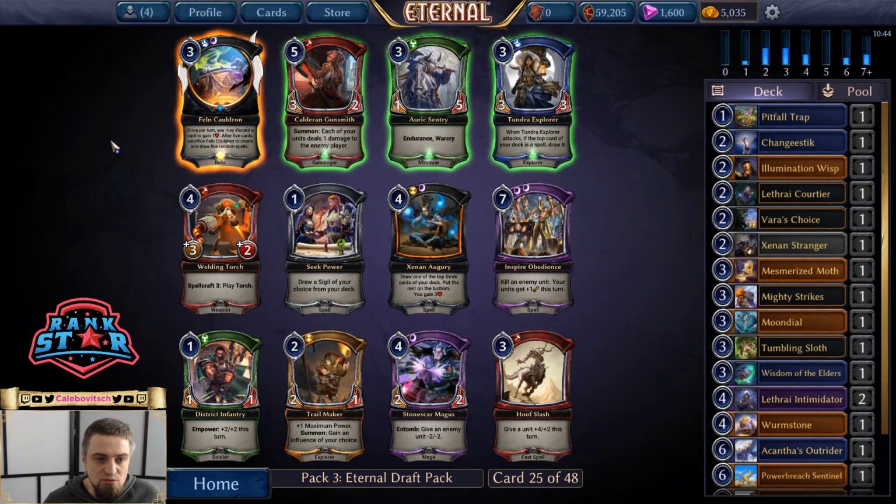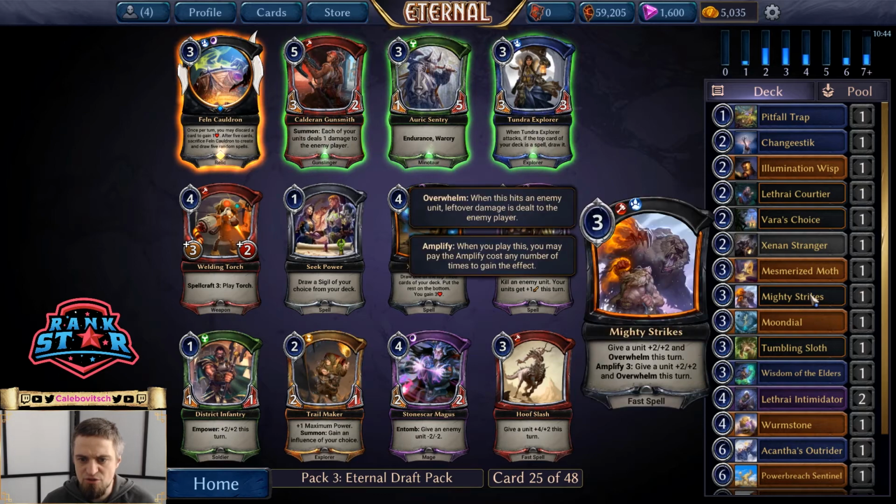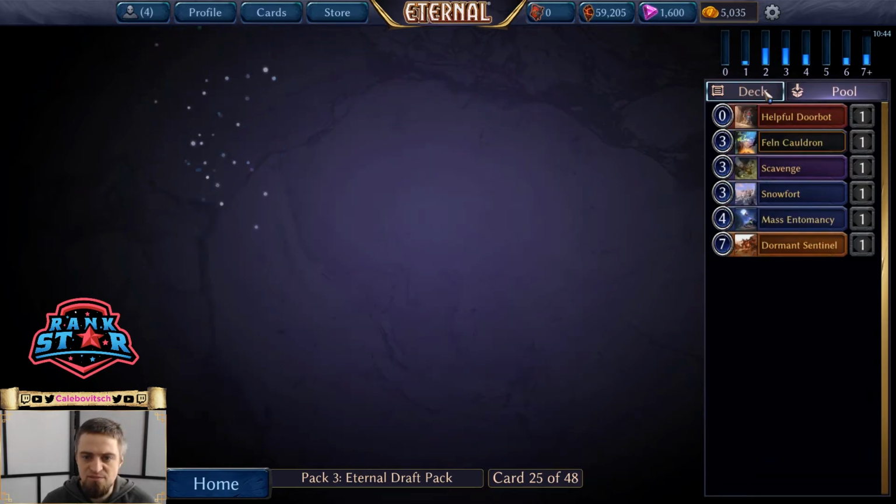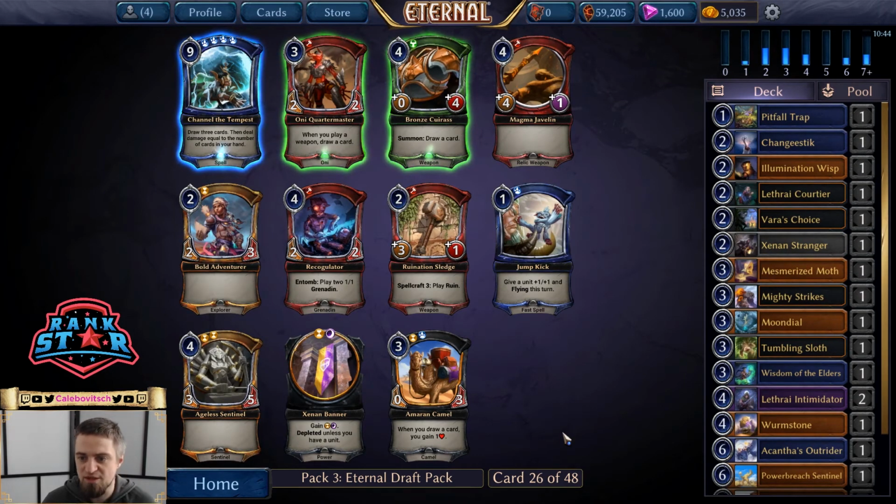Alright, so in general this would be Tundra Explorer or Seek Power or Trailmaker. But given that Trailmaker can be substituted by something else, Tundra Explorer is good but not the greatest. Seek Power, sure, we already have a Stranger so far and a couple of Shadow Pledgers. I think I will still just pick the relic here, maybe brew something with that Cauldron, but